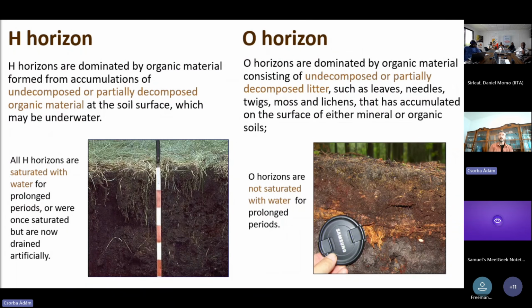On the left side, you can see an H horizon, a peaty soil, and on the right side, you can see an O horizon, which is the uppermost horizon in a forest soil. H horizons are organic horizons that are dominated by organic material formed from accumulations of undecomposed or partially decomposed organic material